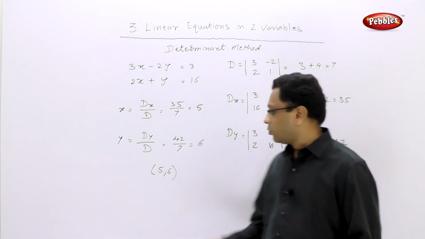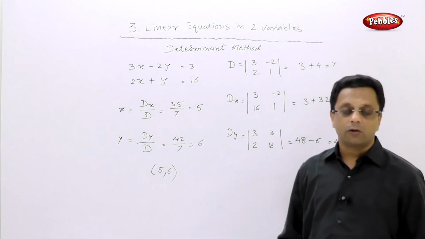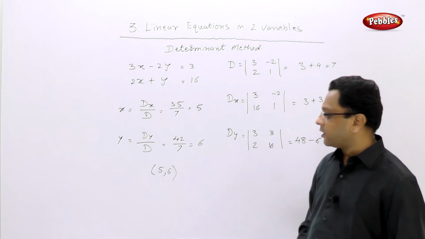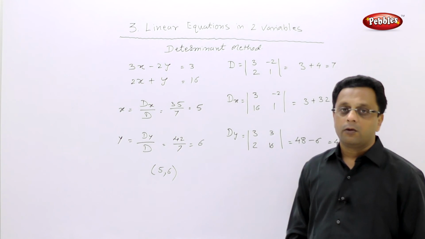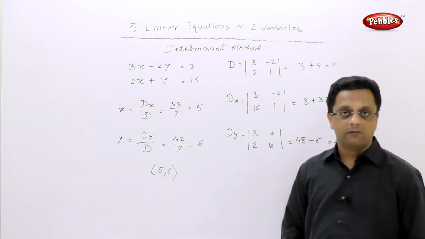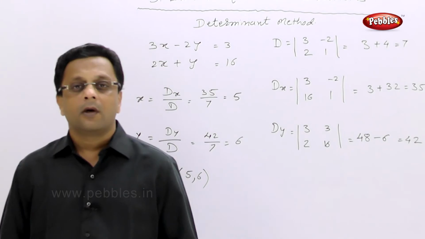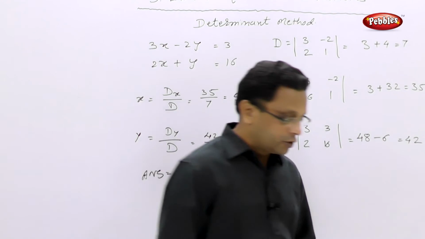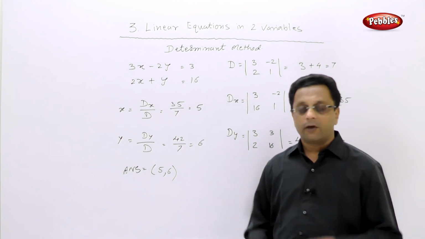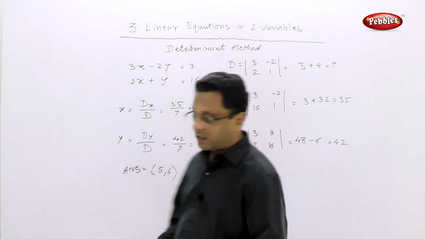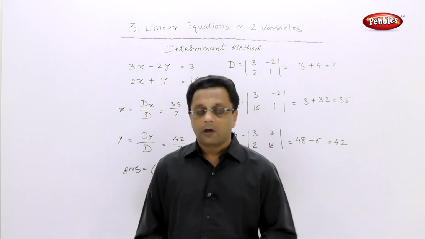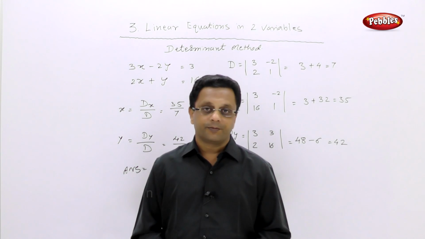Generally, the solution is written like this. The solution is x and y. You must remember that in the graphical method also, when we denote the point of intersection, it is written like this, right? This is very simple. I think we should go directly to exercise 3.2, where we will solve the simultaneous equations by Cramer's rule. Okay, let's go to 3.2.